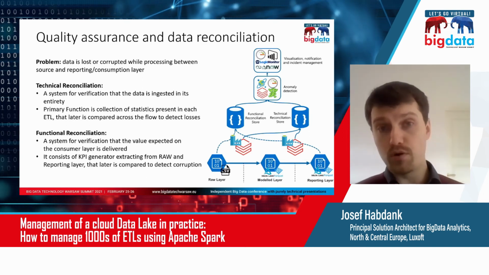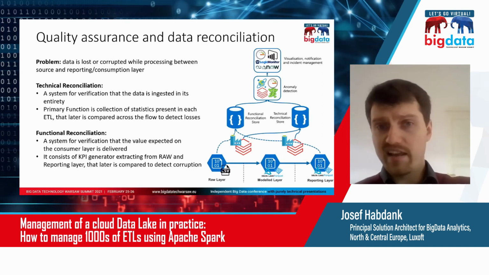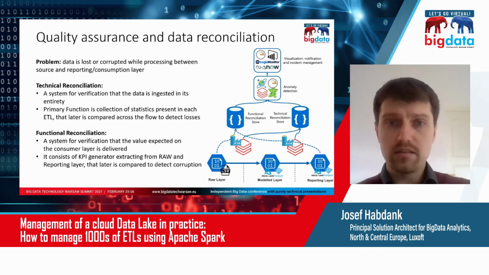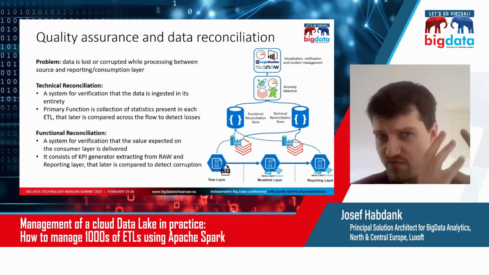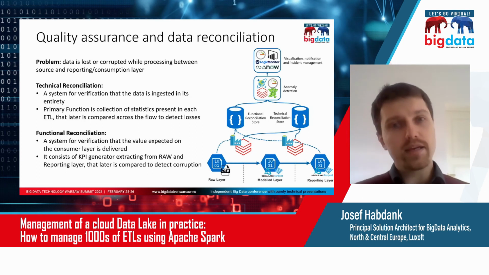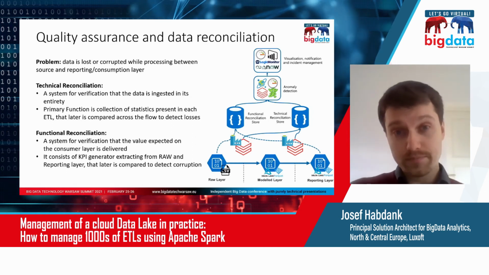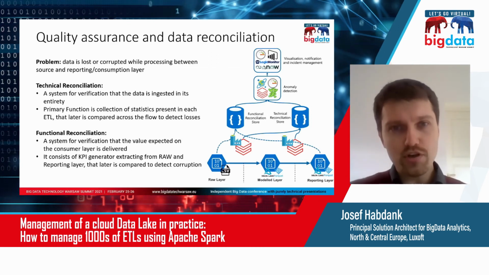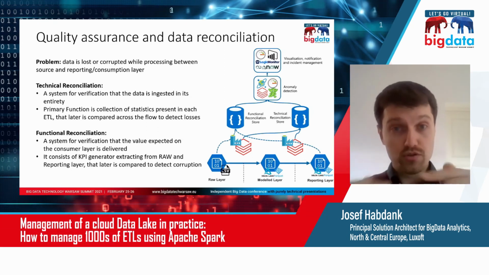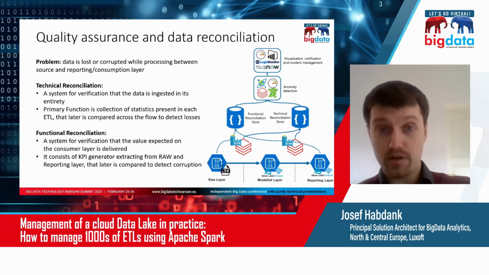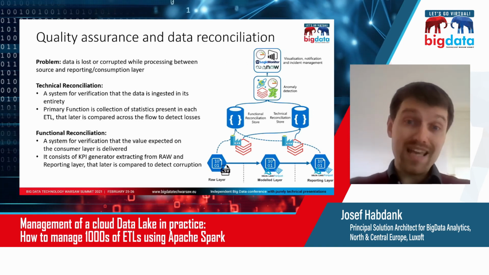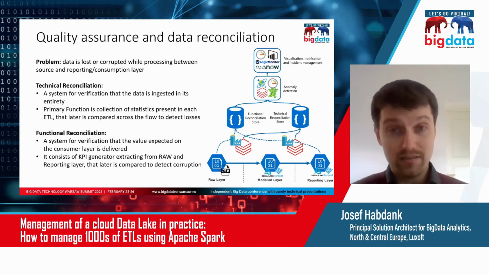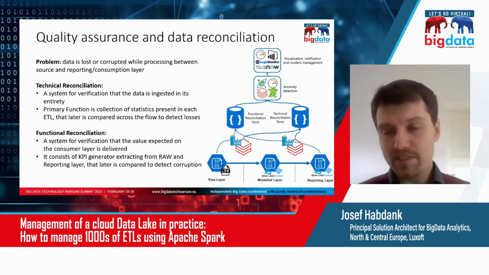So you generate this kind of early report on the source, simply a query: select sales, category, shop, date, group by, of course, category, shop, and date, right? So you make this very simple report on the source, and then you make a similar report on the very destination, which of course is different because there's a different table structure, but you want to produce the same structure and you compare those two reports. So you create one report, let's say sales per day, per customer, per category. You create the same report at the end of the flow, and those two reports have to be identical. And in that way, you verify that you have not corrupted the data on the way.